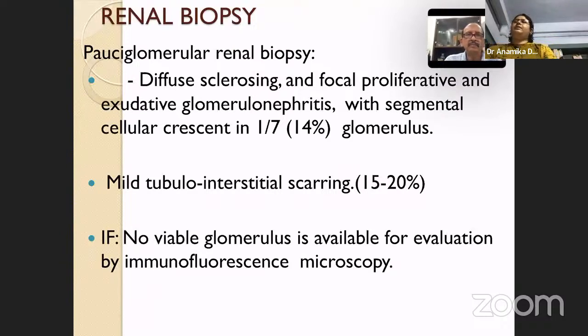So we went ahead with a renal biopsy. The renal biopsy, though it was a poor glomerular yield biopsy which showed only 7 glomeruli, showed diffuse sclerosing and focal proliferative as well as exudative glomerulonephritis, and it had a segmental cellular crescent in one of the glomeruli. Along with that, she had mild tubulointerstitial scarring. However, there was no viable glomerulus available for evaluation by immunofluorescence microscopy. So we could not make a diagnosis based on IF. However,